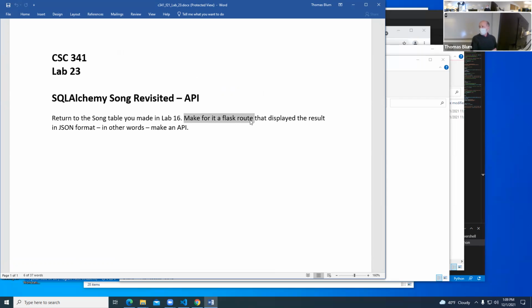Make sure you don't have any of that crappy underscore SA stuff. There are two ways to do that. You can either get it and then pop it out, or you can query the database explicitly with the things you want, the title of the song and the artist and the length of the song, and then it won't have those properties in the beginning. Then put that into a JSON format and just do a simple return, and you have an API. So that's the last lab, lab 23.